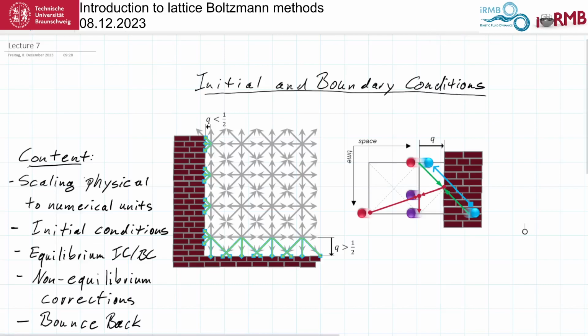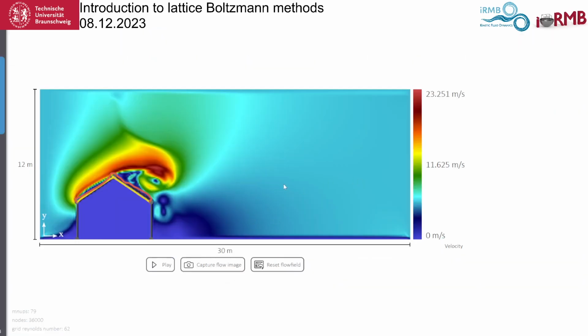So, welcome. This is the 7th lecture in the Lattice Boltzmann methods course in winter 23. Today we talk about some initial and boundary conditions. So in particular, we go look at our